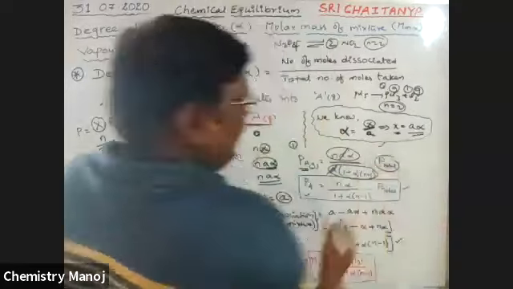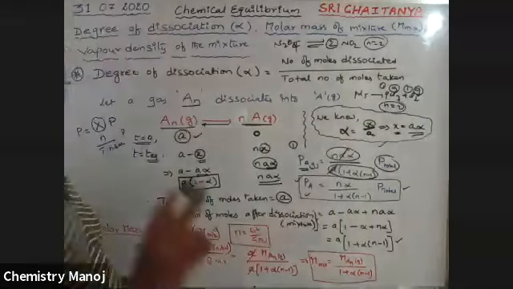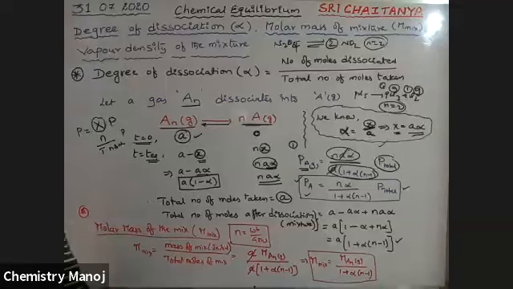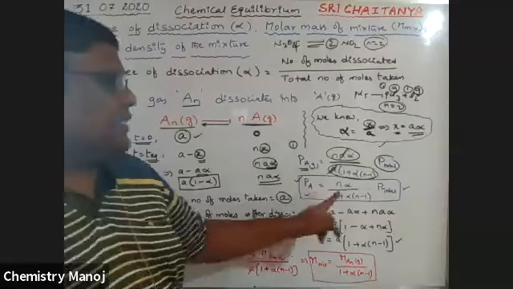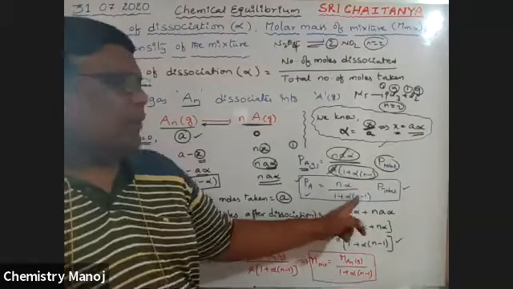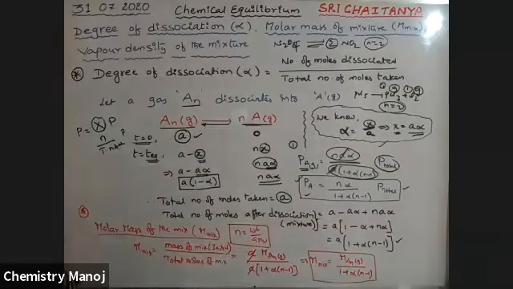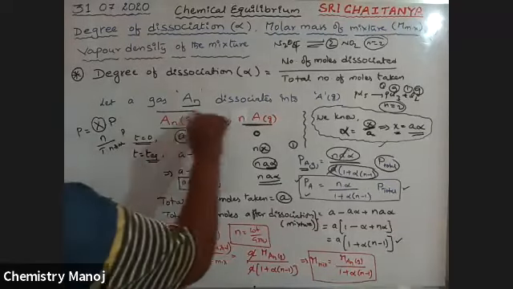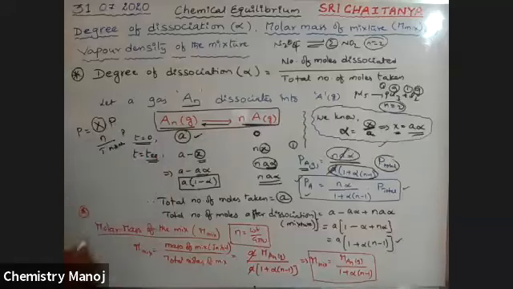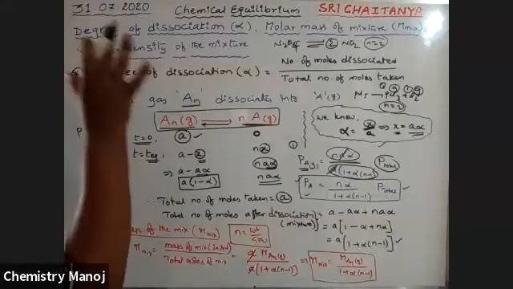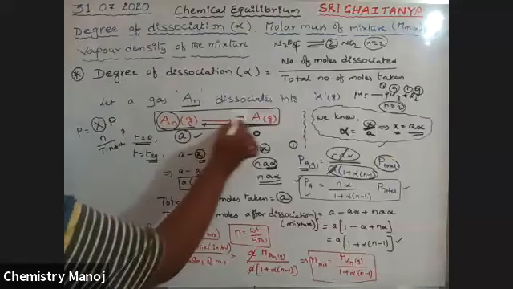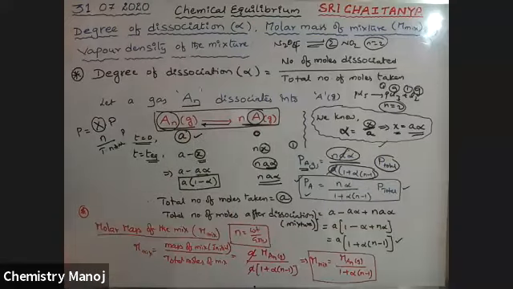Okay, so this is the partial pressure. It is the first target for me. The partial pressure of A is equal to n alpha by 1 plus alpha into n minus 1, into P, the total pressure. Next, I'm trying to calculate the molar mass of the mixture. There is an equilibrium mixture. What is the molar mass of that mixture? That mixture contains both of these, both are existent.